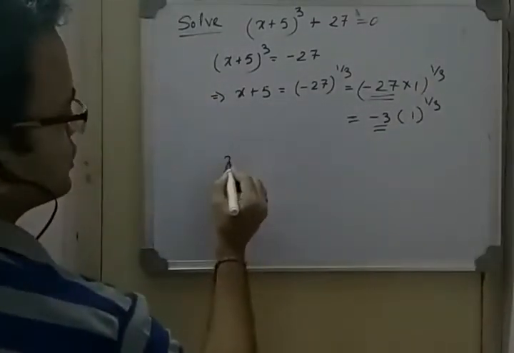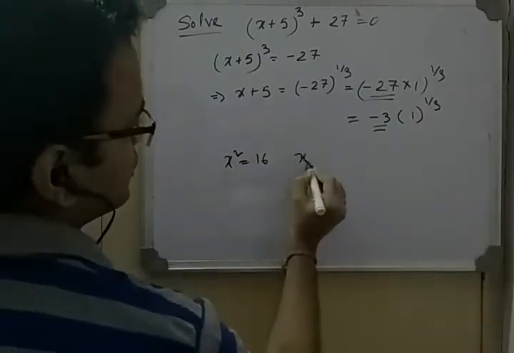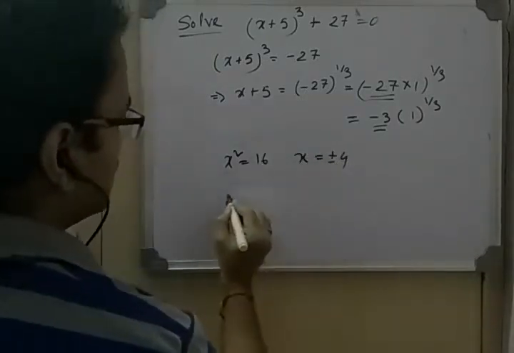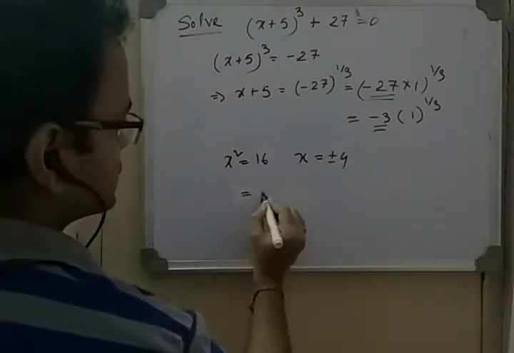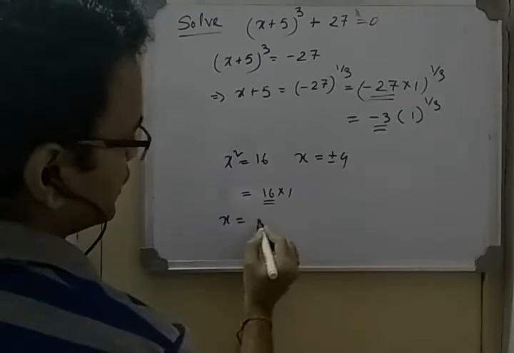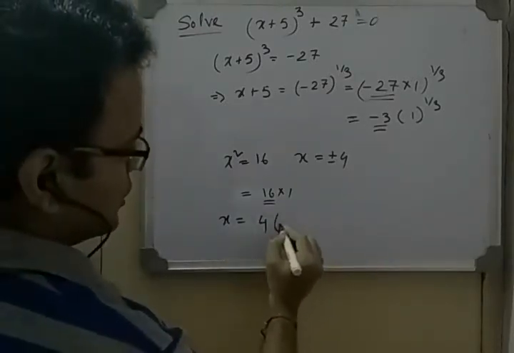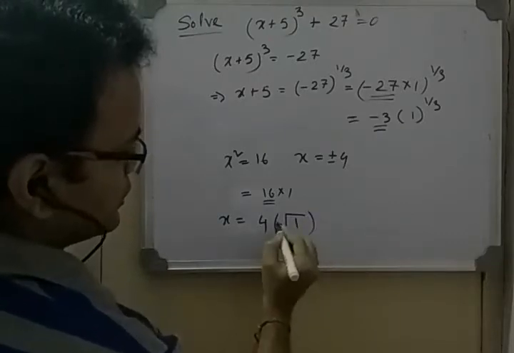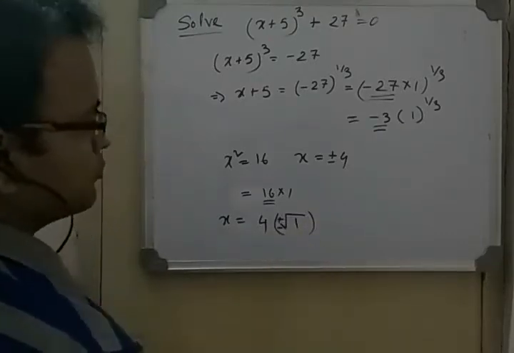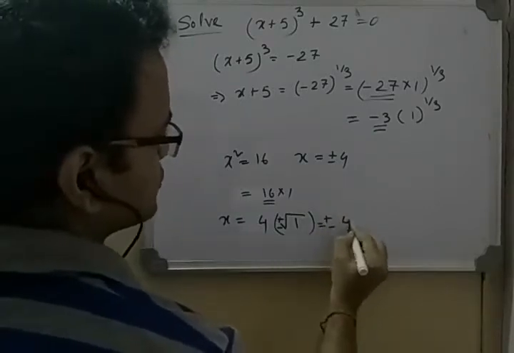Why? I will give you one example to clarify this. So what it is actually plus minus 4, but I can write it like this, 16 into 1. So x, what I will take, I will write it as 4. I won't take any plus minus, but I take this root. At that moment I can give it plus minus, so total result comes plus minus 4.